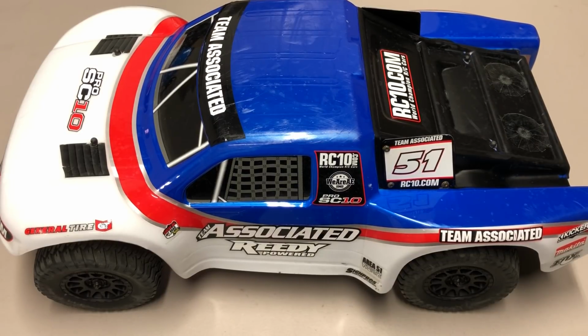It's time for another review, and today I will be reviewing the Team Associated ProSC10. This is a $300 RTR 1/10 scale short course truck. Came out a few months ago. Basically has a couple different versions. It comes with the Trophy Rat, the Reflex DB10, and the truck you see in front of us here, the